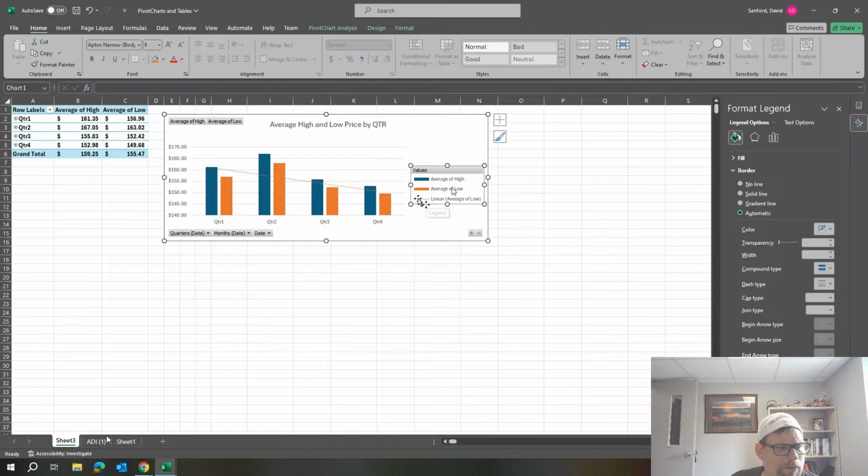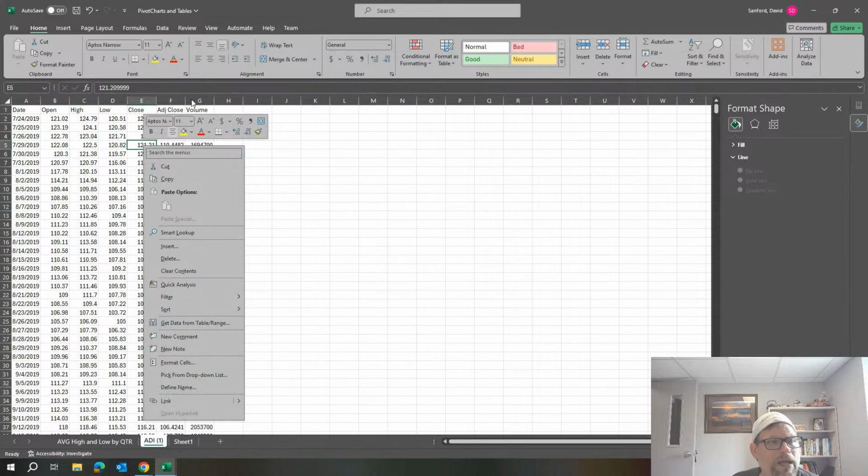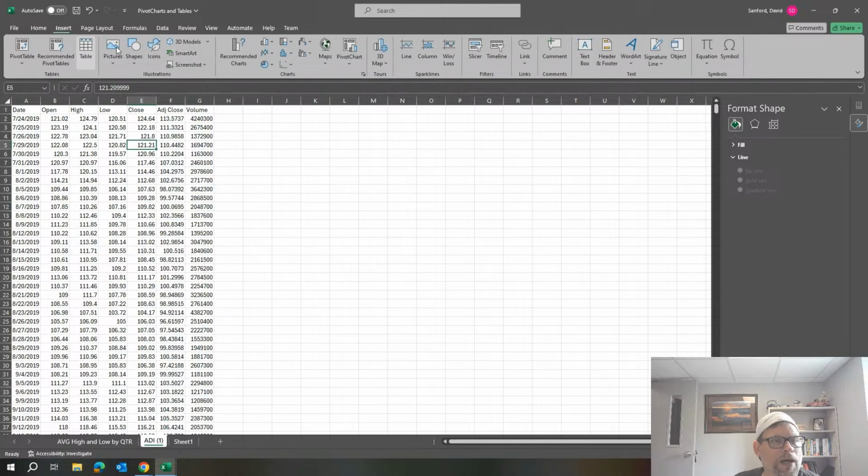So that's one way to summarize. Name that sheet. Rename, and we want that to be AVG high and low by QTR. Okay. And then I can go back to this data and I should be able to insert another